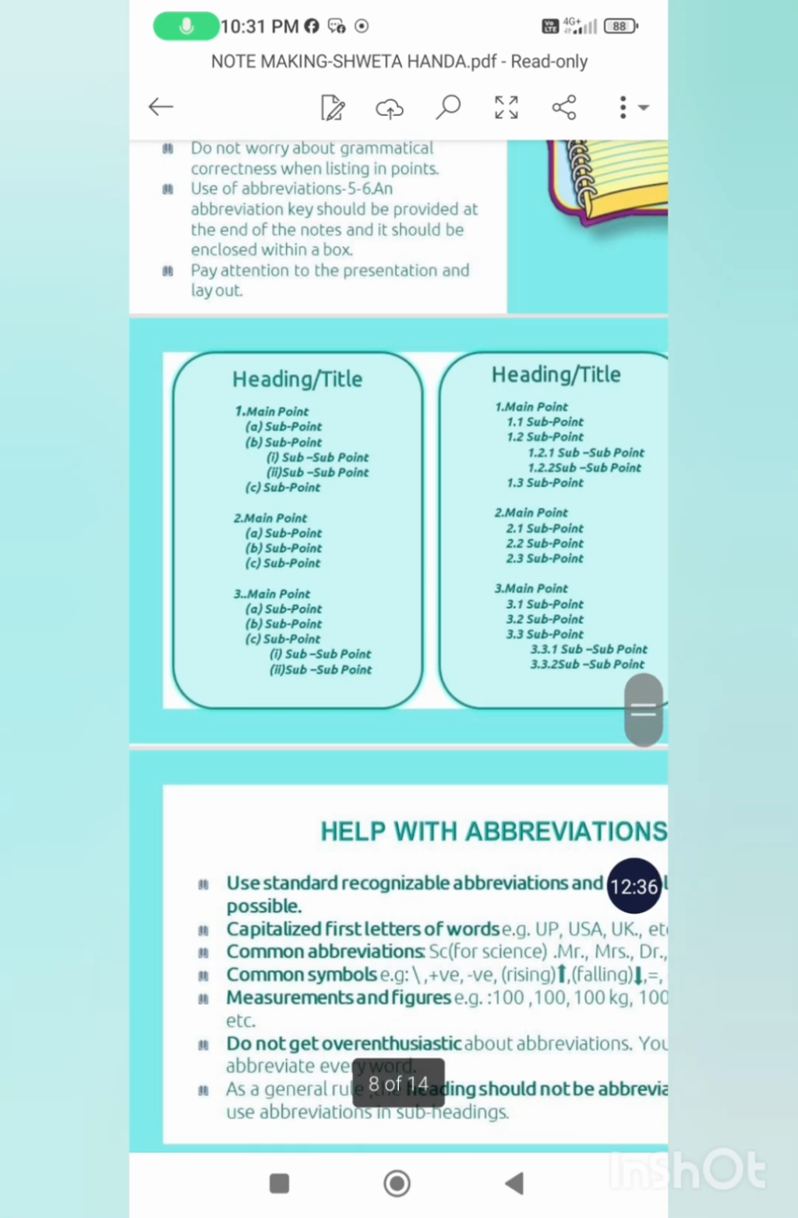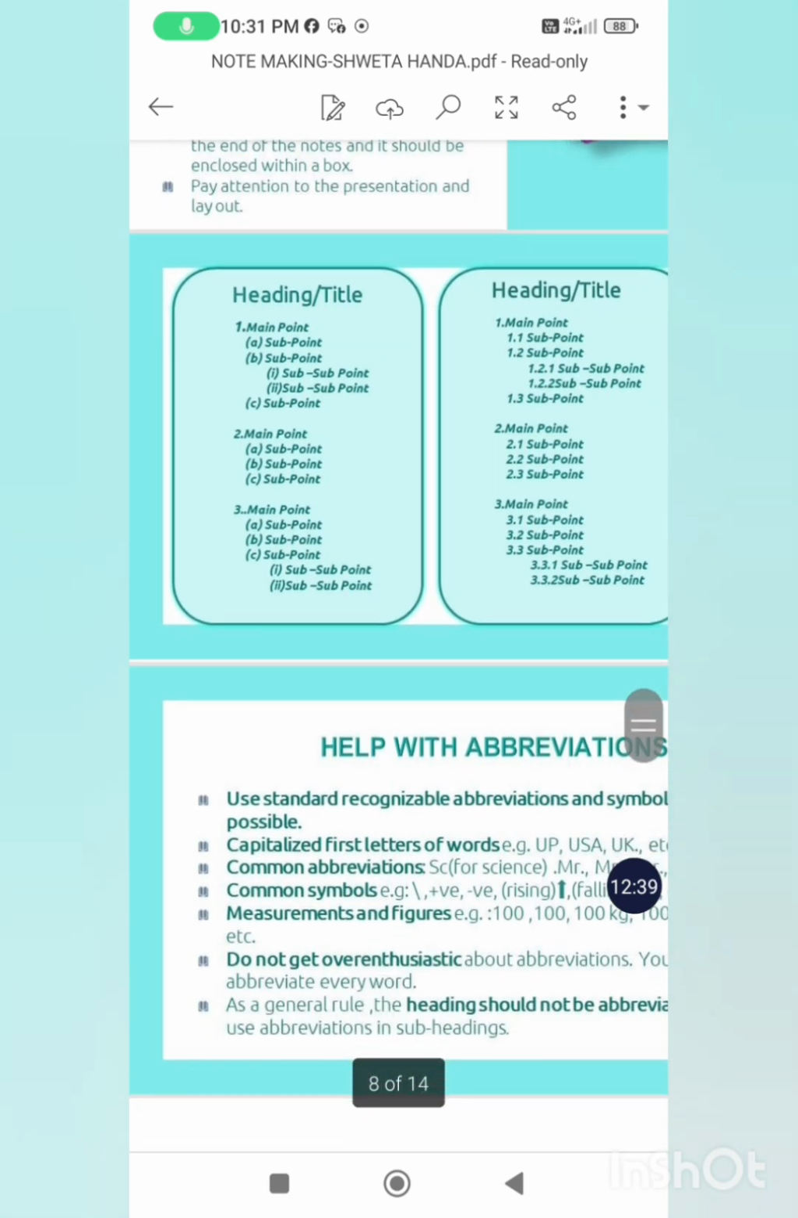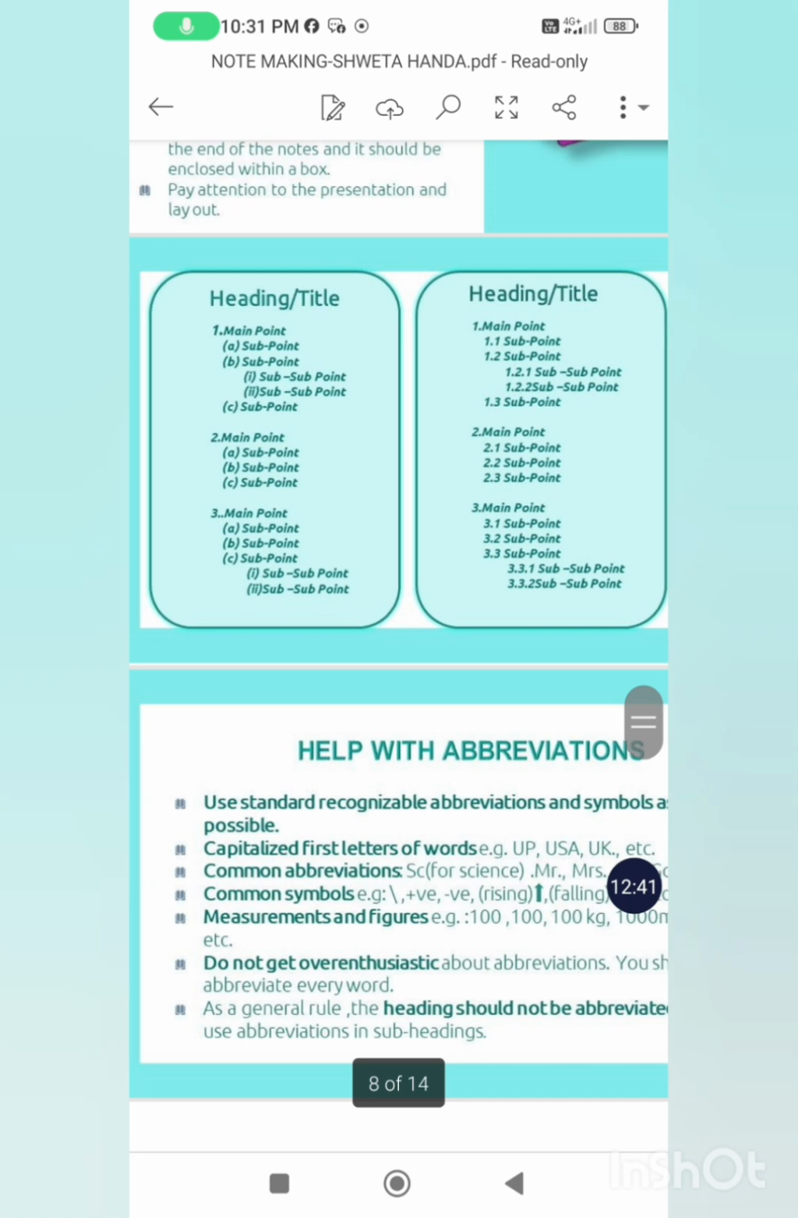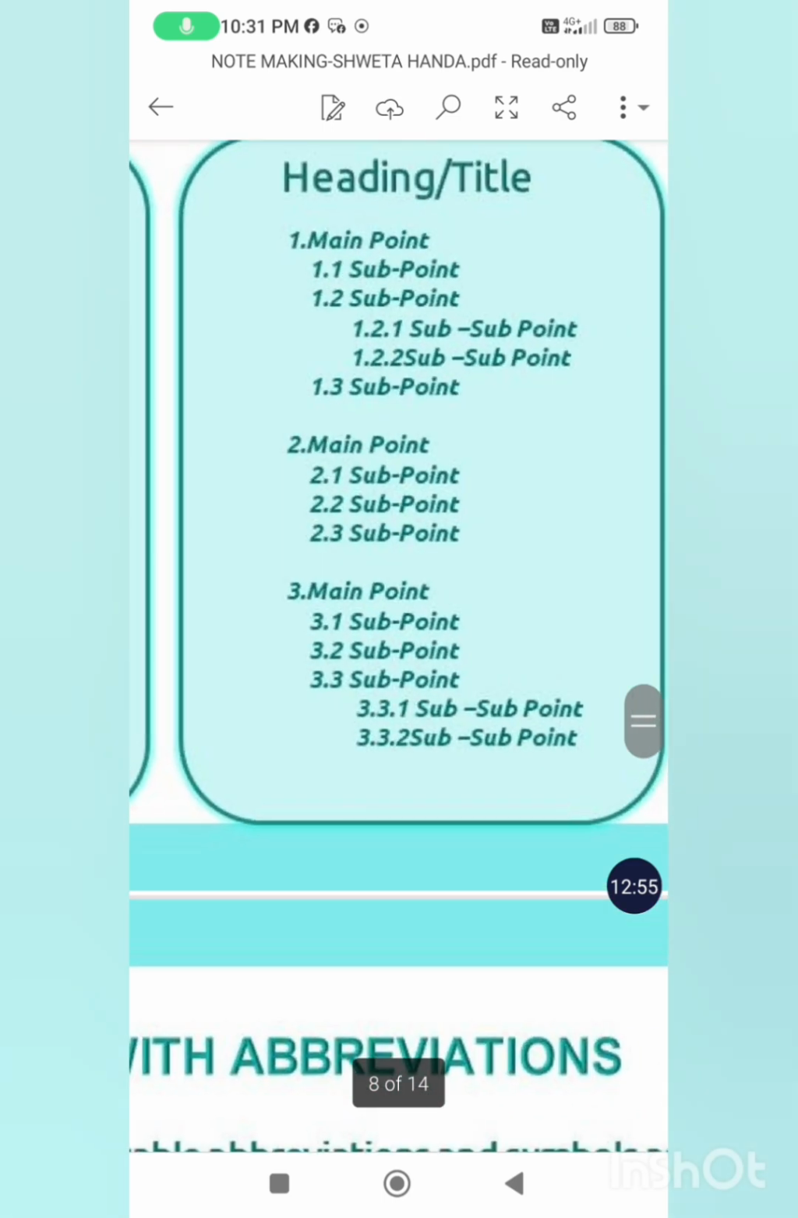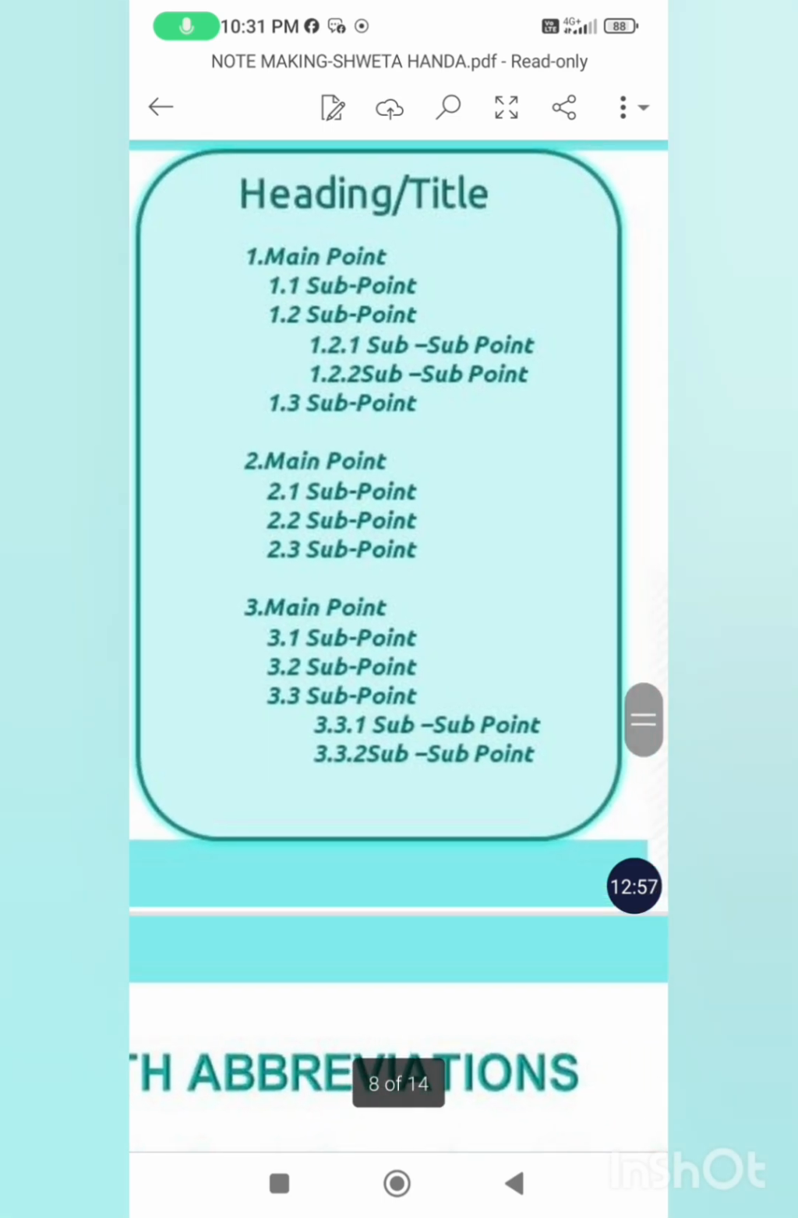Now heading, title, this is how you are supposed to make it. These are the two ways in which you can do it. The first one is 1, and then A, B, C, subpoint, and then under B you have 1 and 2. Or you can do it like this: heading, title. This is what I have discussed in the class, because it is easier for you to understand. So you have the first one, the main point, then you have 1.1, which is the sub point, 1.2, which is the sub point, and then